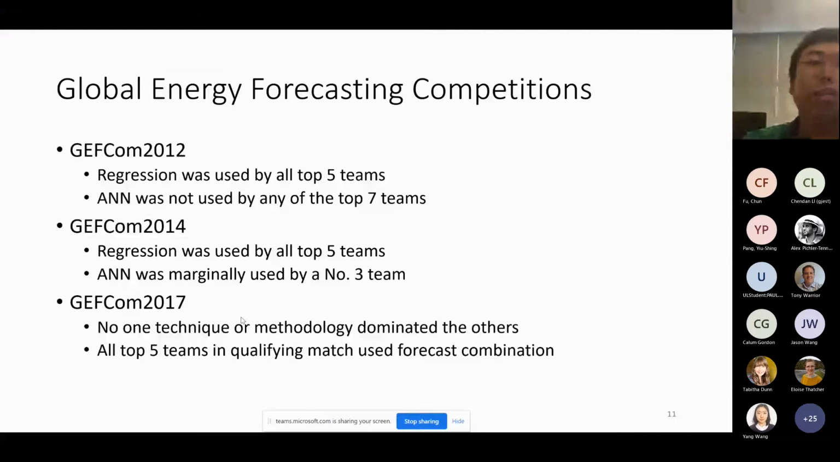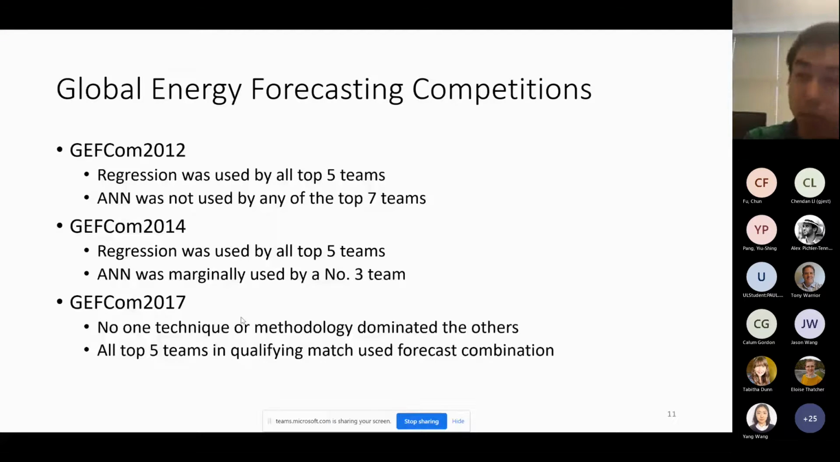So then let's get into energy for the recent decade. We had three competitions, a series of competitions. I'm just summarizing some of the outcomes or findings from this series, and there are more. If you're interested, you can look into the publications. They were all published by the International Journal of Forecasting, and I want to briefly talk about some of these, because early on I talked about regression,